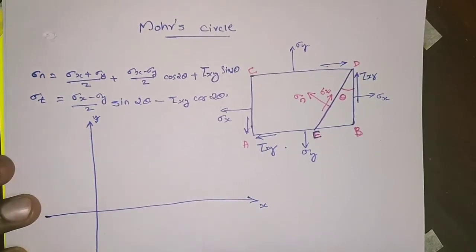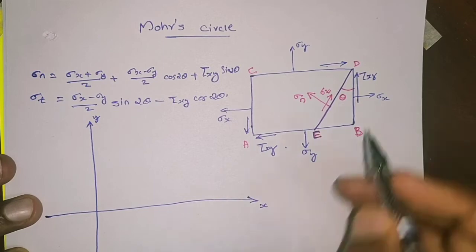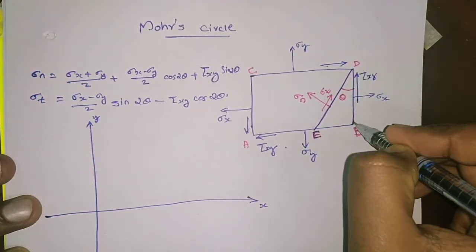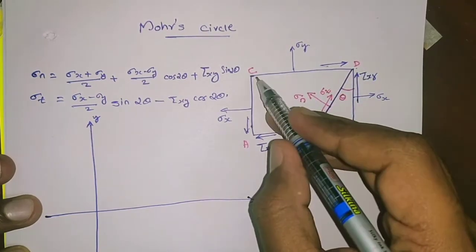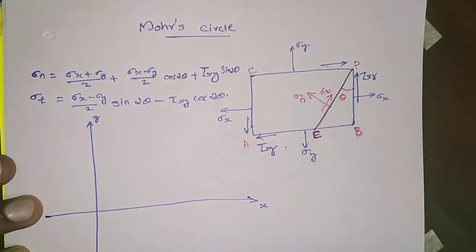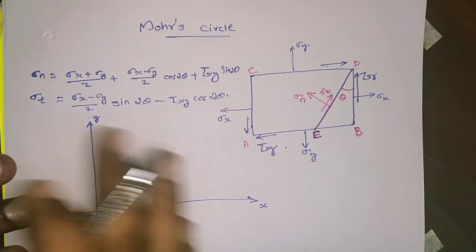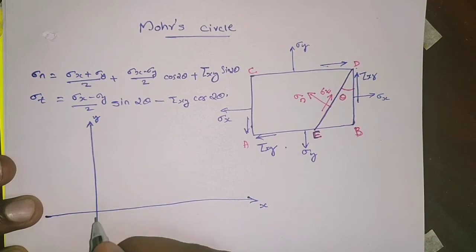In this, first I am representing the BD plane and CD plane, because this inclined plane lies in between the BD and CD planes. Next I am going to represent the BD plane and AB plane. These are the two planes I am going to represent on this Mohr's Circle. So this is a graphical method, so we should use a graph to draw this Mohr's Circle. So this is the origin,